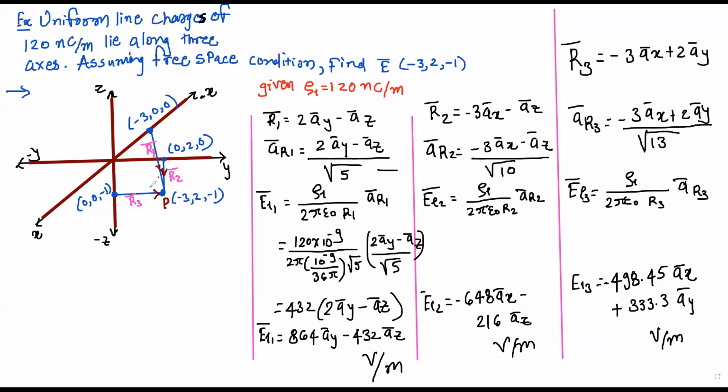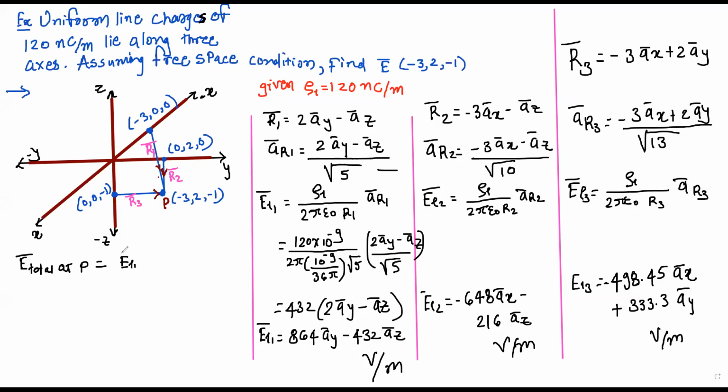In order to find the electric field intensity at any point, all the electric field intensities are to be considered, and it is going to be a vector sum. So here I am going to write E bar total at point P, it is equal to